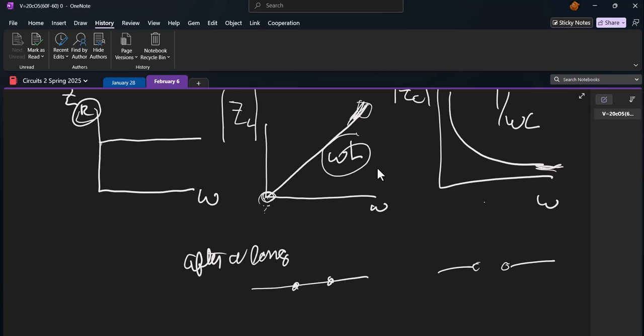That is what they act like at the beginning, and then at low frequencies, because DC is 0 frequency. Okay,